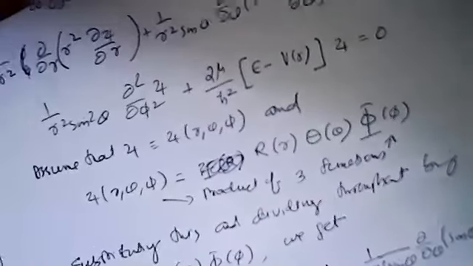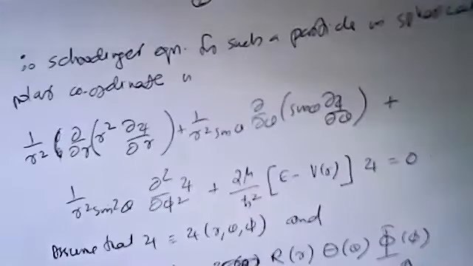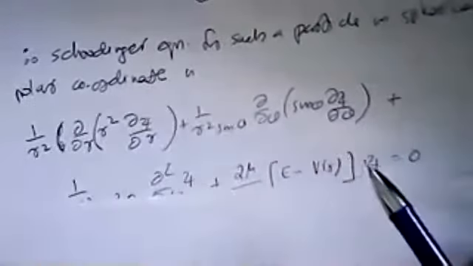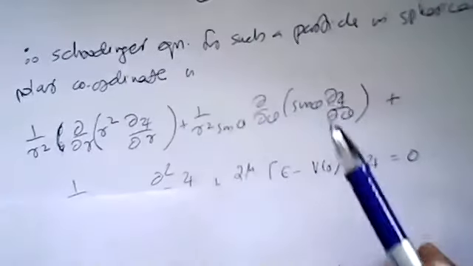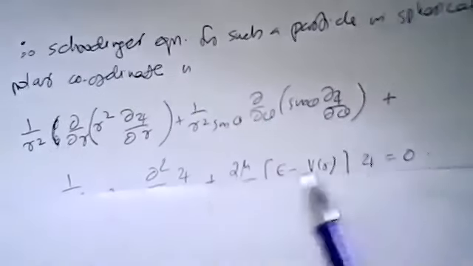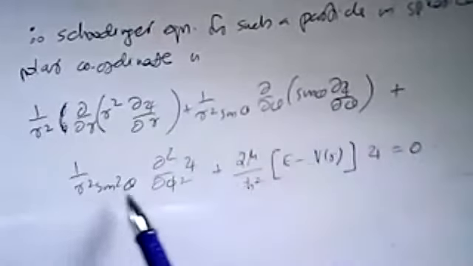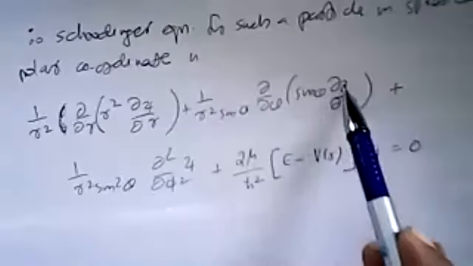Okay, so just substitute the del square, the entire del square here. The Schrodinger equation for a particle in spherical polar coordinates becomes: you substitute the entire del square here, then you put psi here, here and here,